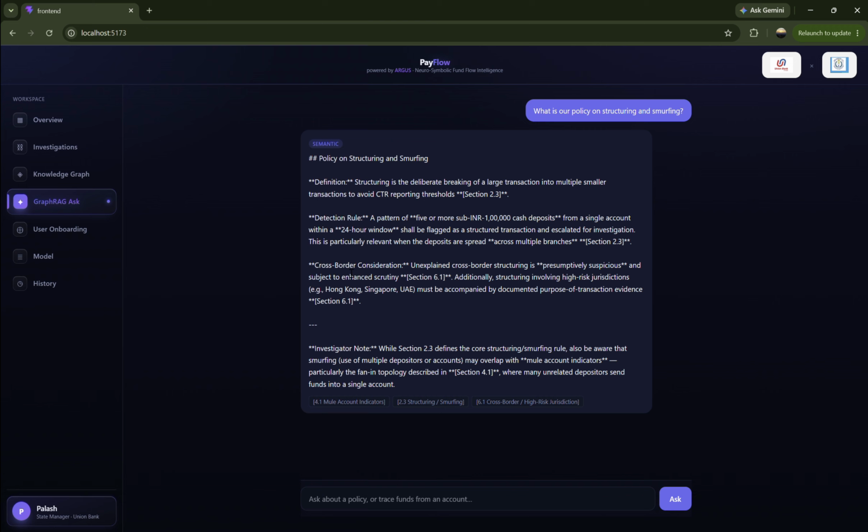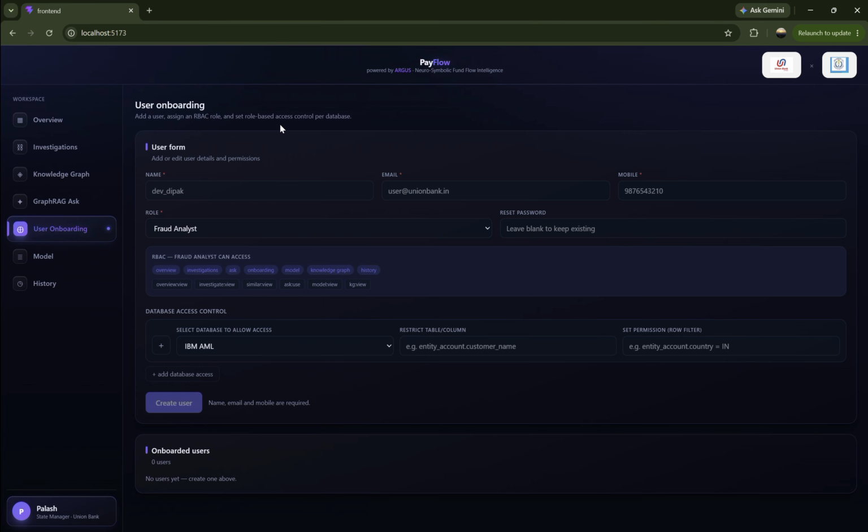Here we can see this question. It also flags mule account indicators. It showed which section it referred to from the rule book of the FIU guidelines. And also we have role-based access, as in not every user should be able to access